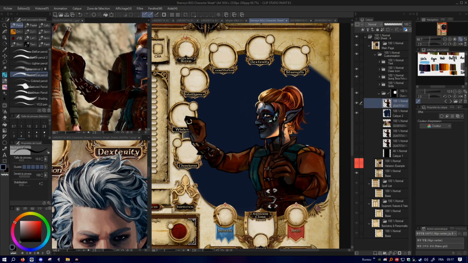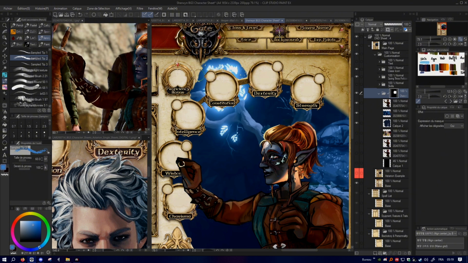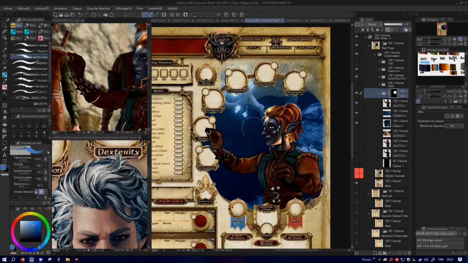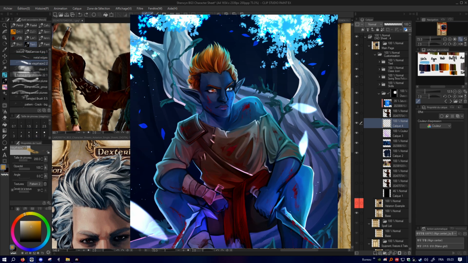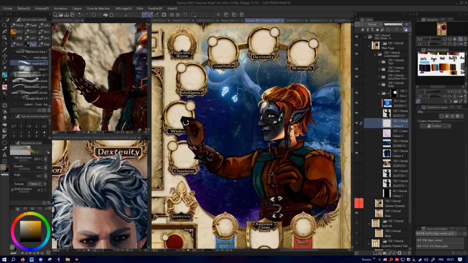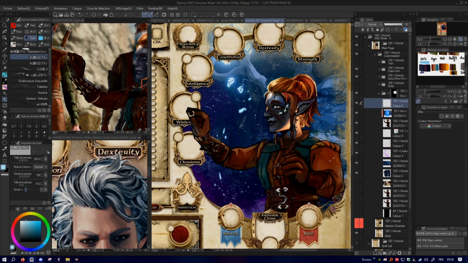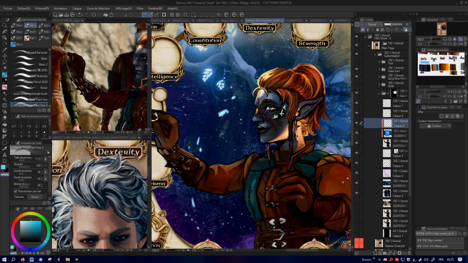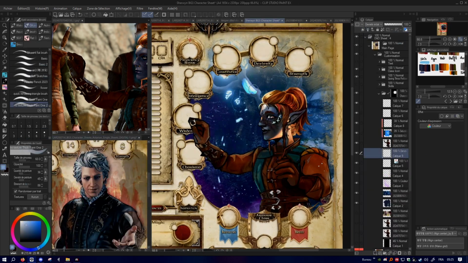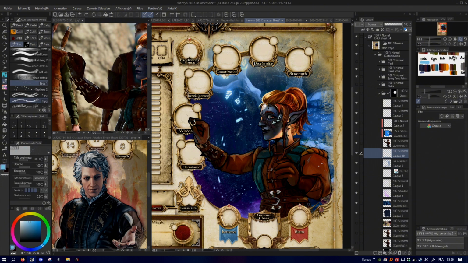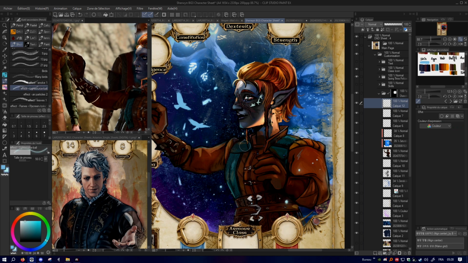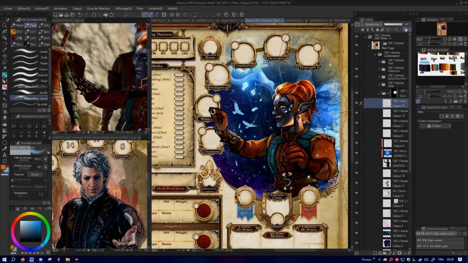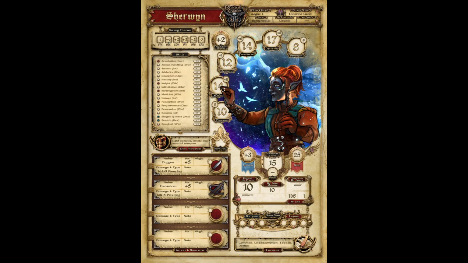They do some sort of little strokes to make highlights and shadows, and there are outlines on most parts but not everywhere. For the background, you can either paint it, use a picture with the artistic filter on, or just do both like so. As Sherwin is a Svirfneblin, or Deep Gnome, I made him in the Underdark, based on an older artwork I did last year. It's also good to work with contrast in mind and textures to make it pop. You can also add crests, important items, symbols, places, spells, whatever your character is linked to. For Sherwin, it's these birds, since they never had the chance to see any before they went to the surface for a new beginning. Now you just have to fill it with information.